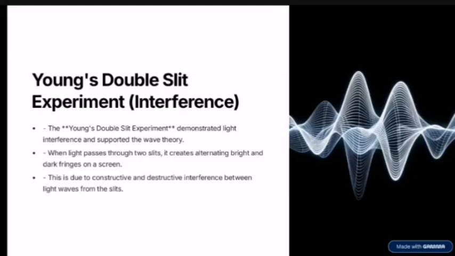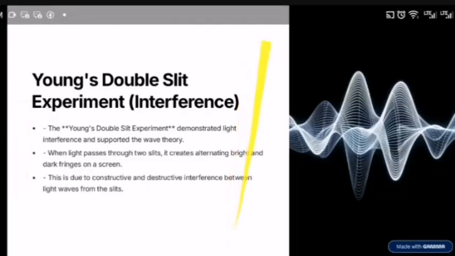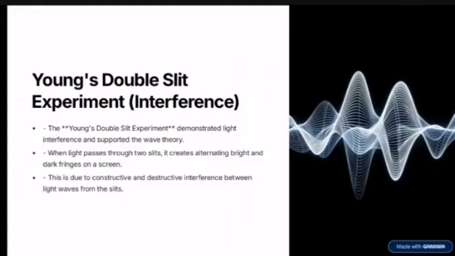So this is how the experiment happens. They would carry a single source of light on one end, probably on your left-hand side. Then they will put something like a paper at the center. Then they will put a screen at the other end, where light would reflect. So we have the light source,